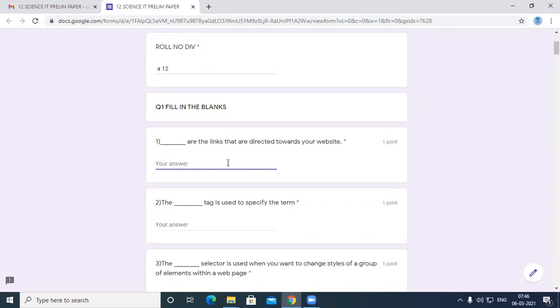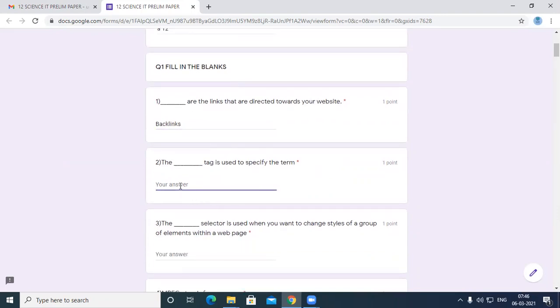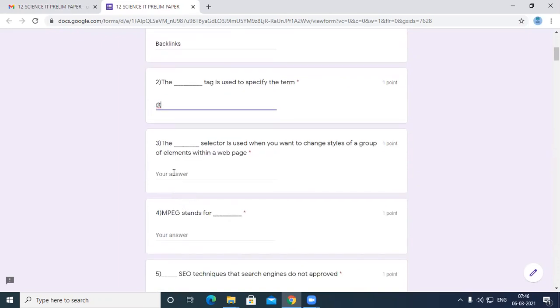Now see, as it is asking, I have written backlinks. Okay. Then, dash selector is used when you want to change the style of a group of elements within a page. I made a mistake on purpose so that you can understand.